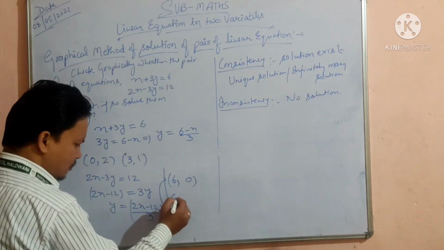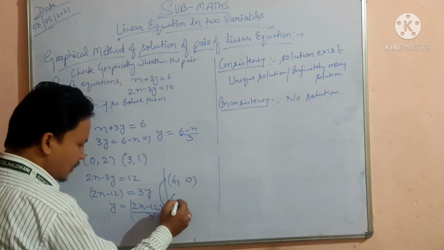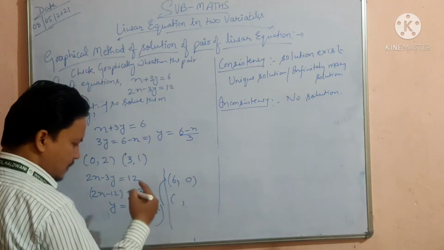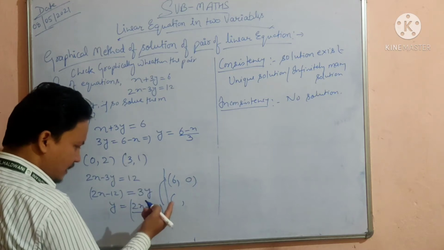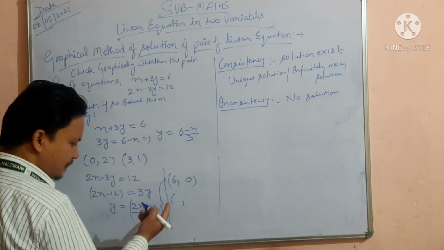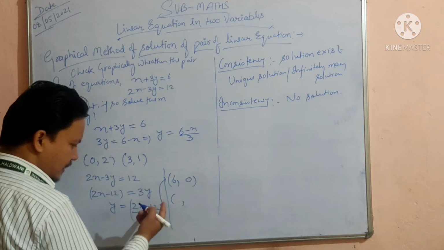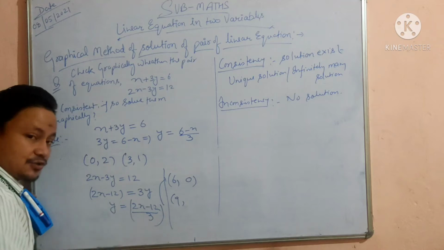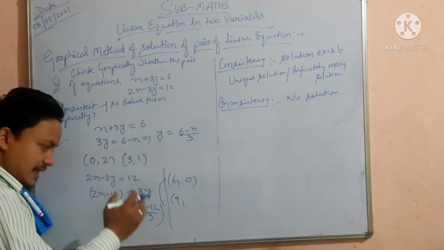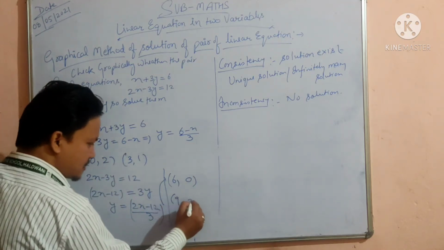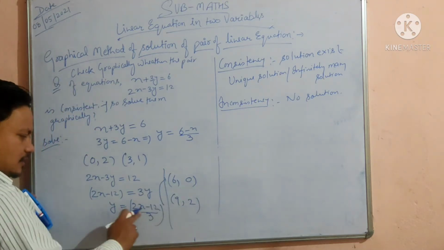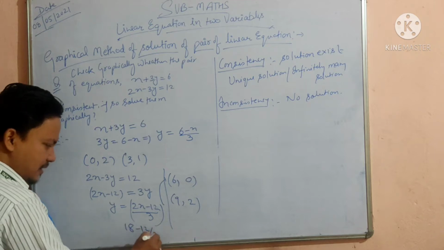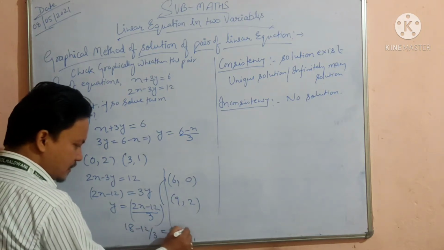So next amount should be 4 minus... we will get 8. 2 5 is 10, that won't work. 2 6 12, 2 7 14, 2 8 16, 2 9 18. So 9 we can take 9, so 9 twos are 18, 18 minus 12, we get 6, 6 divided by 3 that is 2. You can check it by putting 9 here: 2 9 18, so 18 minus 12 divided by 3, that is 6 upon 3, that is 2.